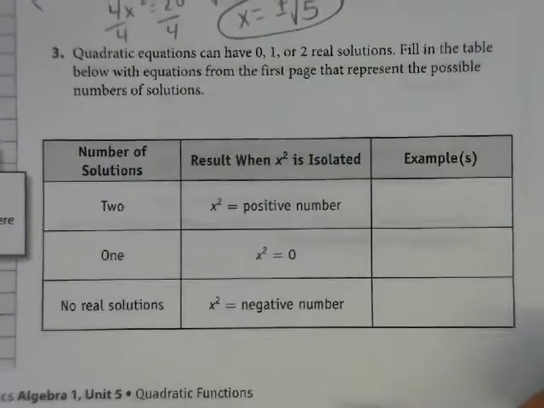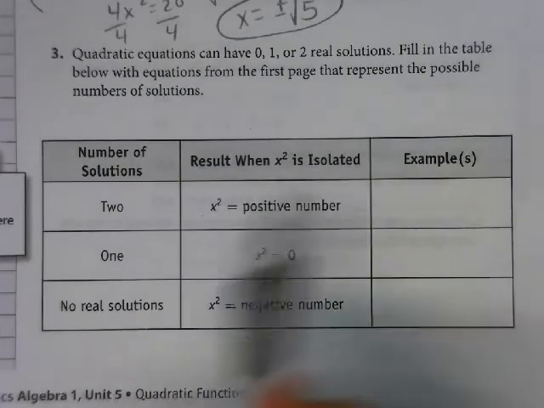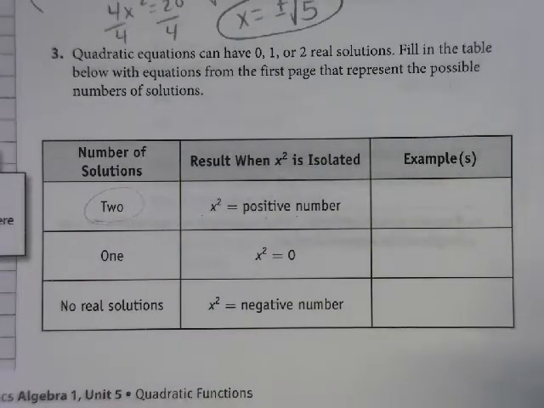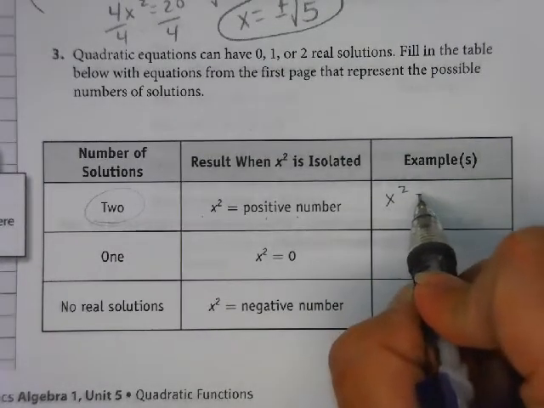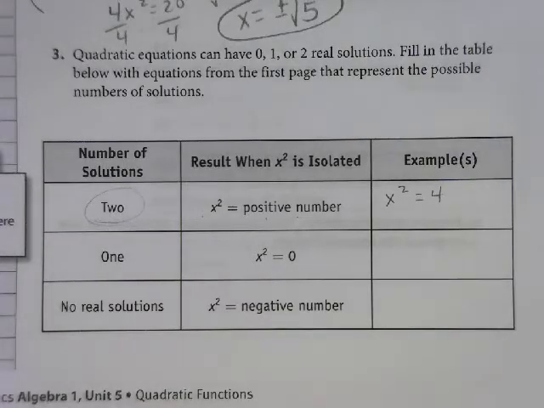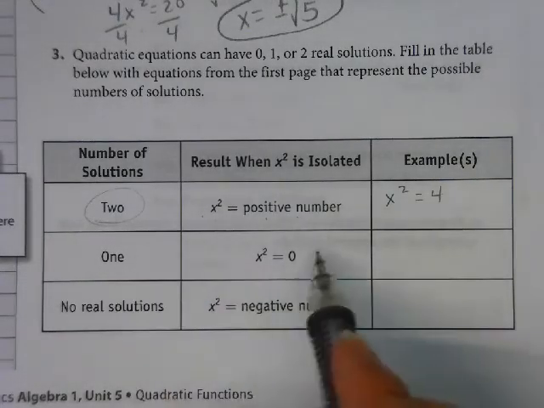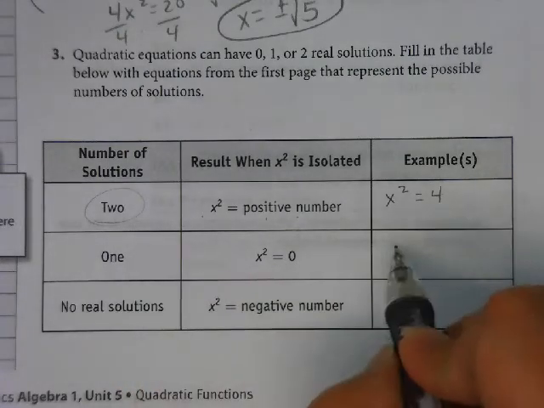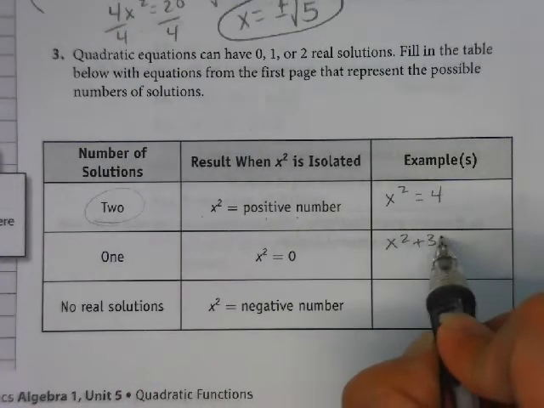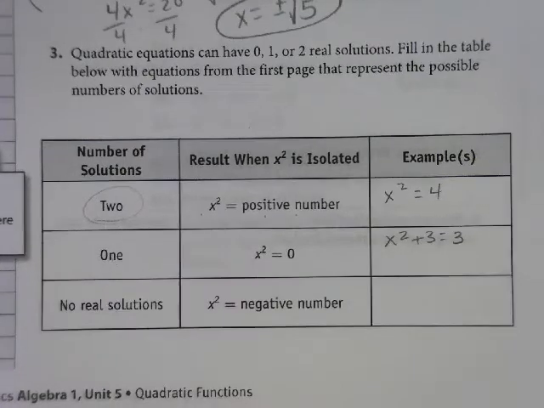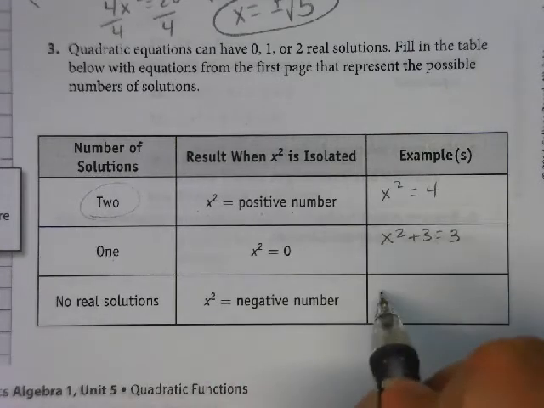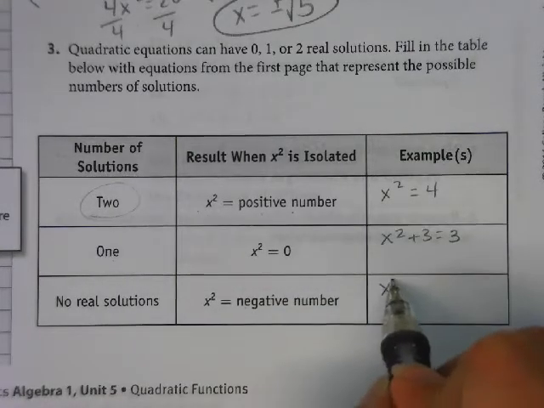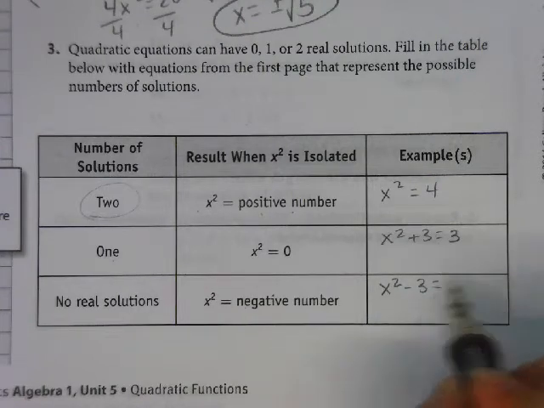When you have a positive number equal to our x squared, we're going to have two solutions. So an example of that might be, like we did on B, x squared equals 4, right? We had two solutions. If we have it equal to 0, we're only going to have one solution. So on the example we did on the front, right, x squared plus 3 equals 3. When we move this over, we got 0. And then the example we got on the front where we got a negative number, x squared minus 3, we'll just make one up, equals negative 3, I'm sorry, positive 3,